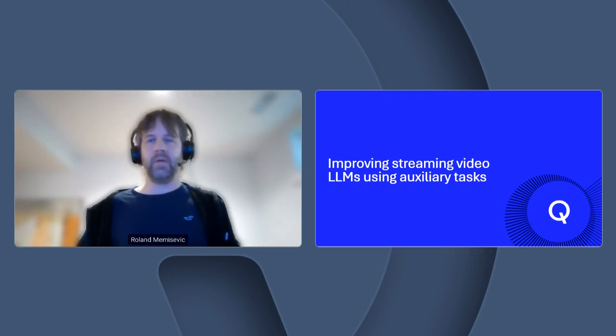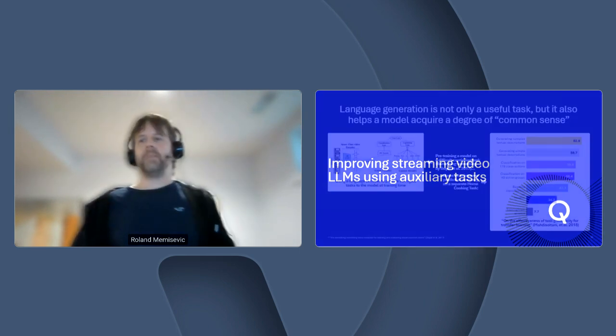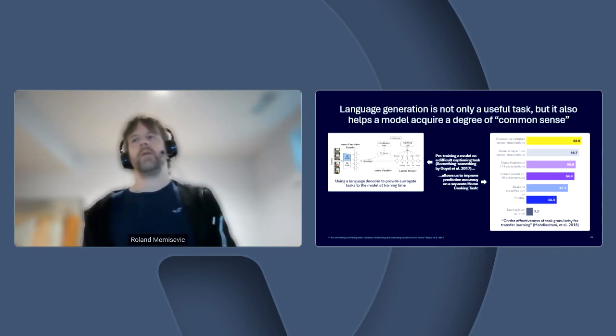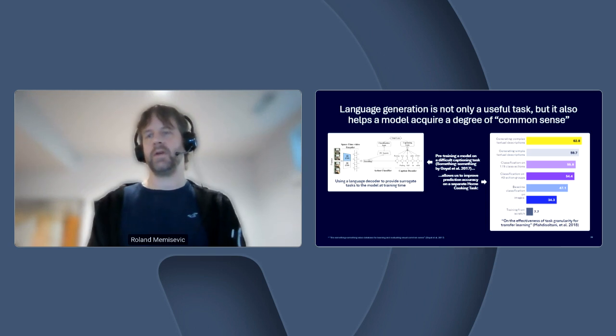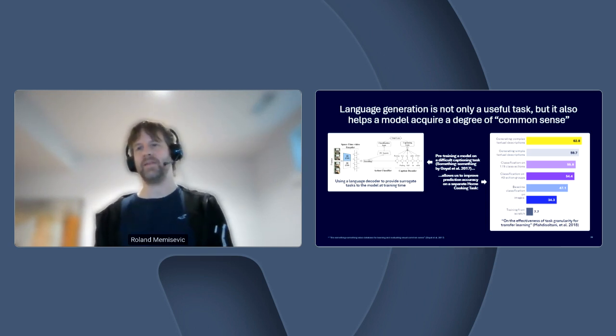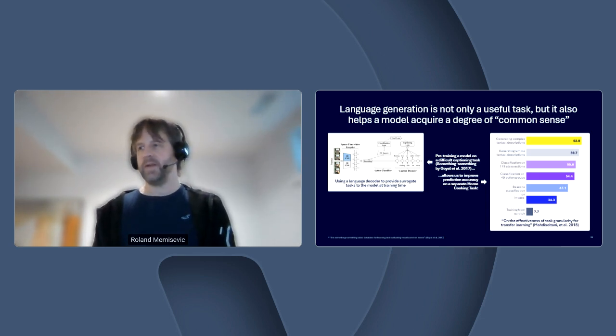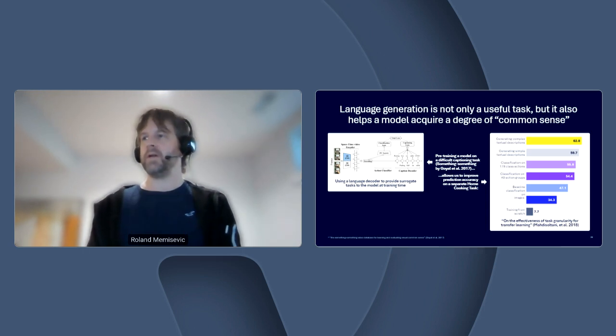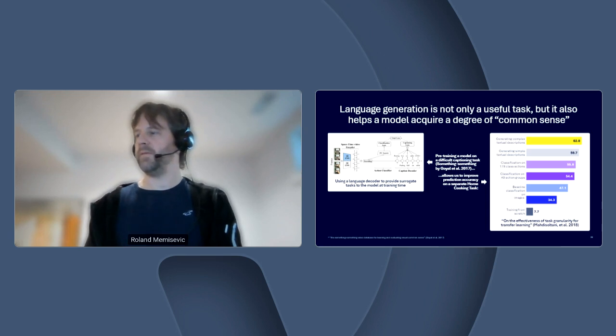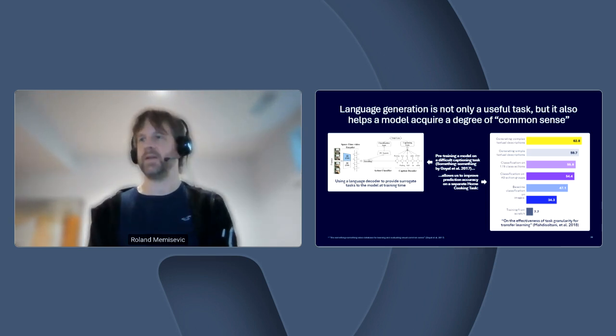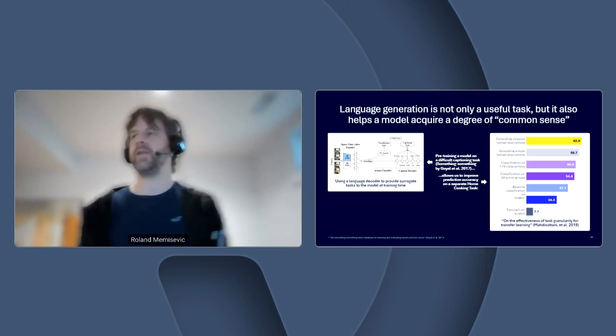Okay, so now for a research subtlety before I talk about some results. So we have a language model as the backbone for this type of scenario. And a language model makes sense because, at the end of the day, it enables a model to respond to a video stream. So the vast majority of applications that are now emerging and that are relevant for this kind of behavior is the model needs to know what to say in response to an input stream. And so language models are well suited for that.